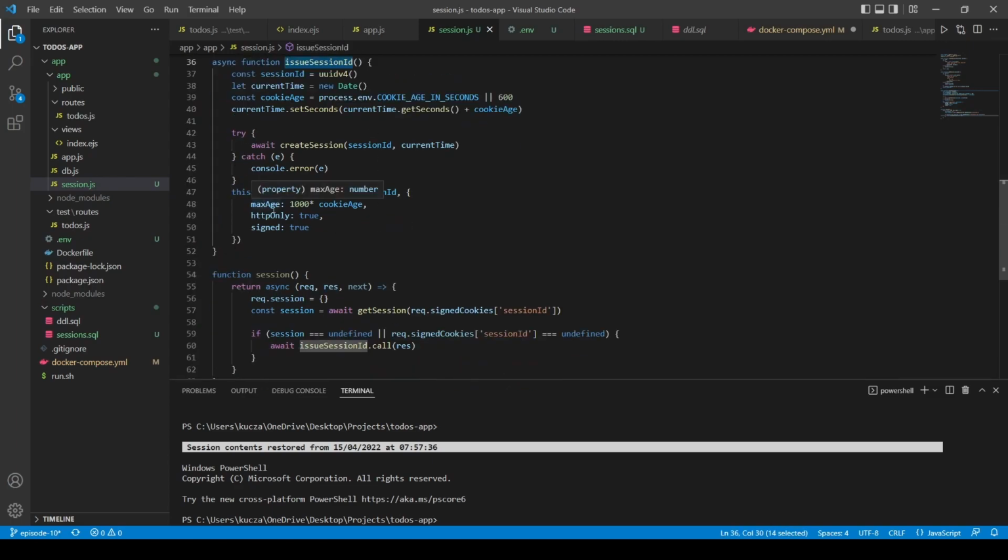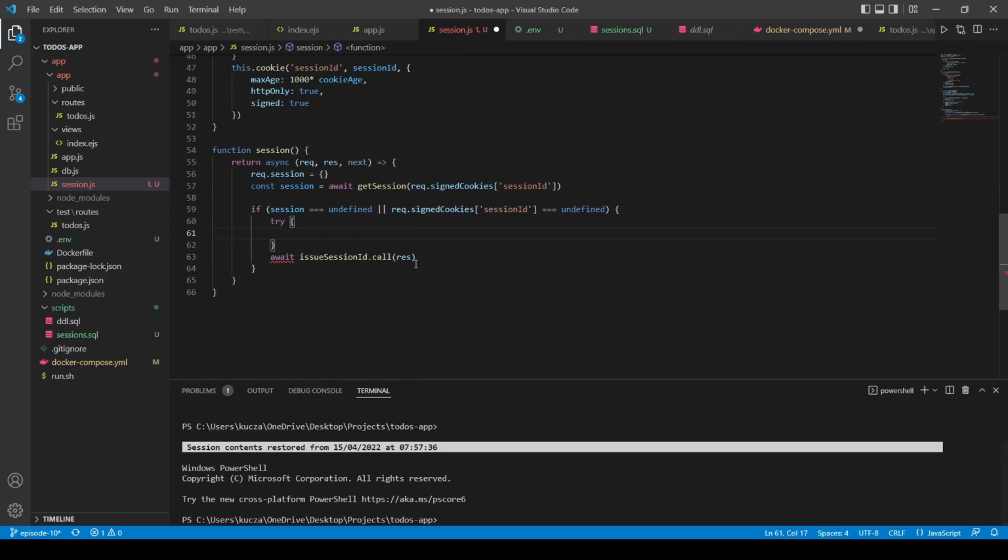So the concept of this is a little bit convoluted. I highly encourage you to read a little bit more, because it depends on how you use it, it can behave differently. However, this should allow us to safely issue this session ID,